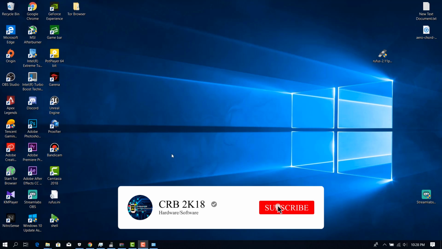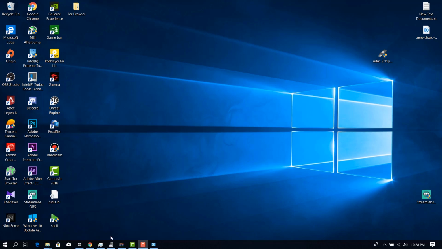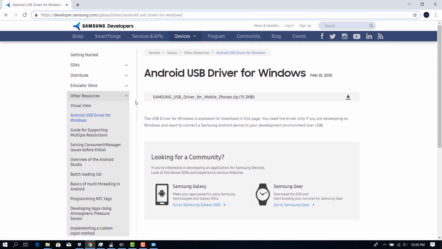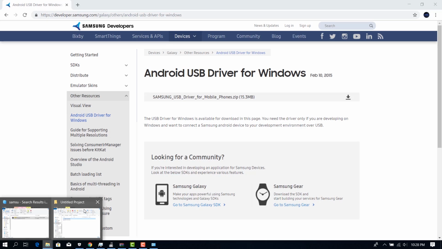Today I will show you how to install Samsung mobile drivers on your PC. First, you need to go to this link and download the Samsung USB driver for mobile phones .zip, 15.3 MB. First you need to download this file, and I already downloaded it